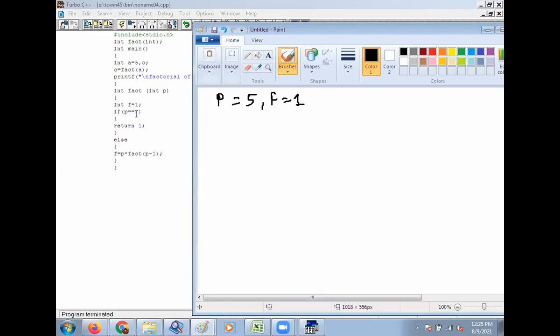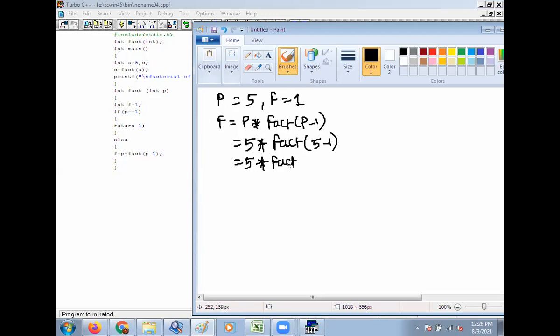This condition becomes false. Go to the else statement. Here f is equal to p into fact of p minus 1. So the value of p is 5 into fact 5 minus 1, which is equal to 5 into fact 4.